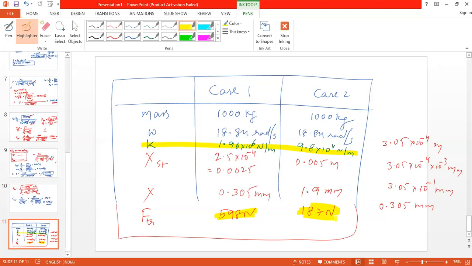But we need to reduce the amount of force which is being transferred to the ground. We need to reduce it. So by looking into the results, we can say higher the stiffness, higher the force which is being transferred to the ground. Higher the stiffness of the spring, higher the value of force which is transferred to the ground. Right? Yes, sir. But if you further reduce the stiffness, can you further reduce the force which is being transferred?